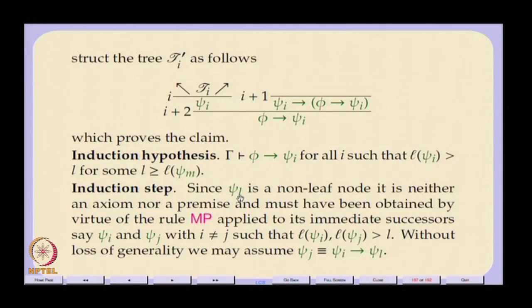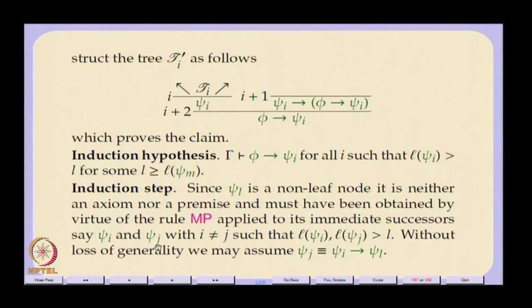Okay. So, this psi L is a non-leaf node, it is neither, so therefore, it cannot be an axiom or a premise or an instance of an axiom schema. There is only one rule of inference in the Hilbert system, and so therefore, that step psi L should have been obtained by an application of this rule. If it was obtained by an application of this rule modus ponens, then the only way you could have concluded psi L is if there were some